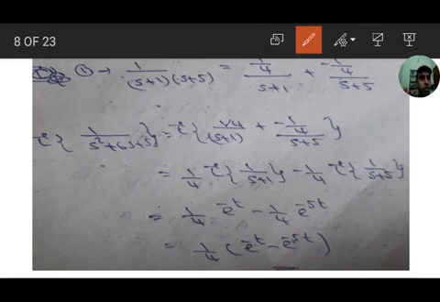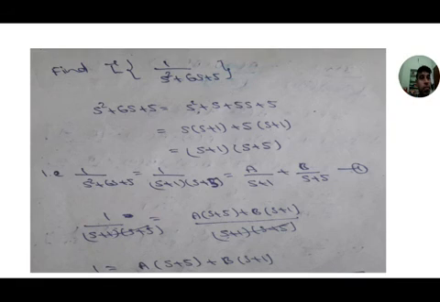Go through the problem. We will move to the next problem. Here there are no factors, so we factorize the denominator and we get the factors s plus 1 into s plus 5. Then that is 1 by s plus 1 into s plus 5. The factors are linear factors, so in the first case, that is A by s plus 1 plus B by s plus 5.